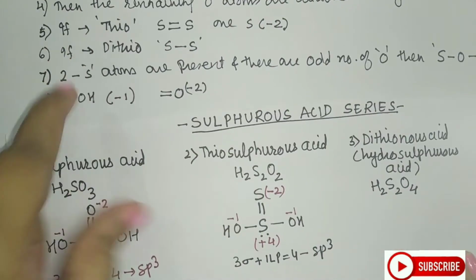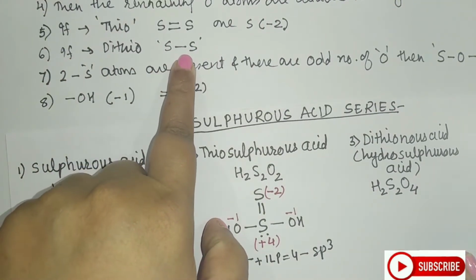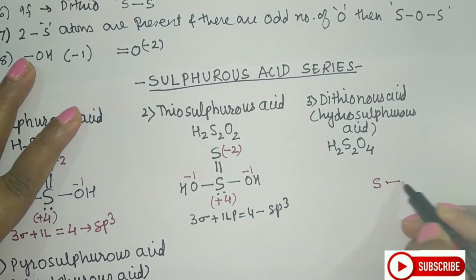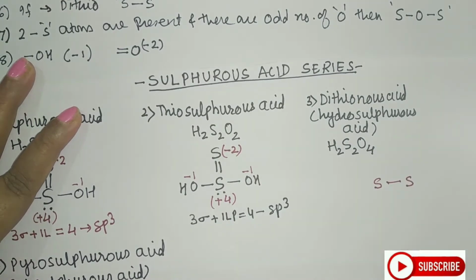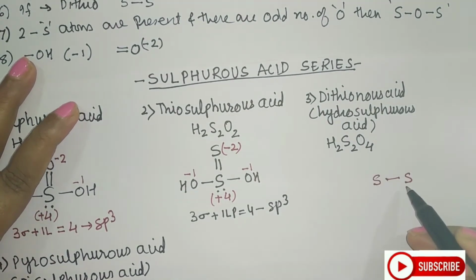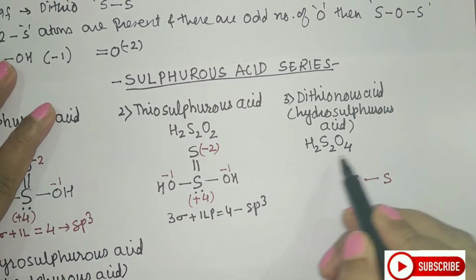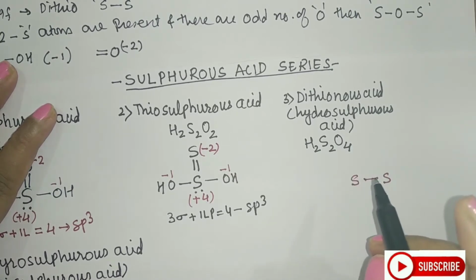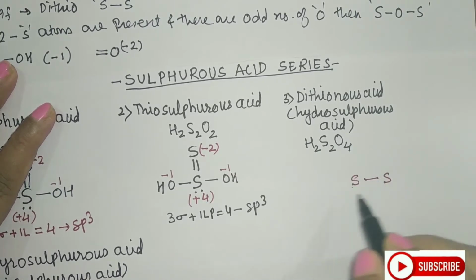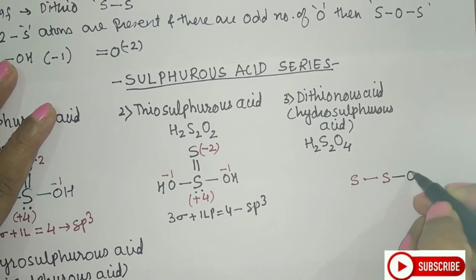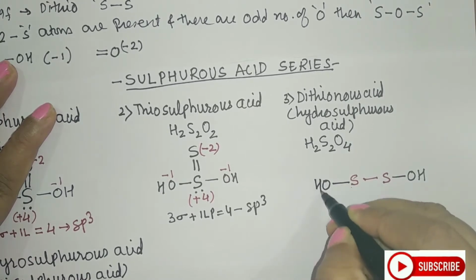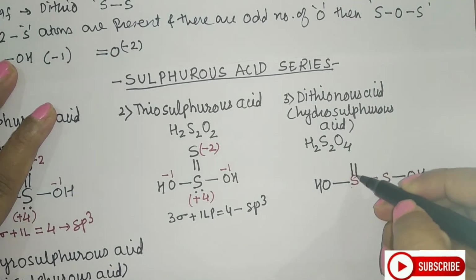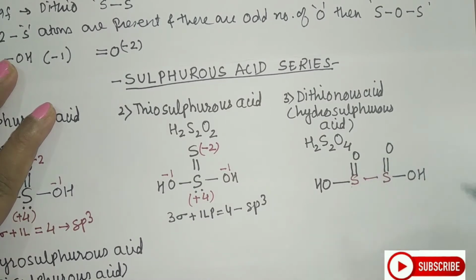Next is dithio. When the word dithio is there, then it must have an SS skeleton. So, let us form the SS skeleton first. This is the first skeleton that you will form. Now, students, 2 sulfur atoms I have used. Now, I have to form the maximum OH pairs. I can form 2 OH pairs. Now, you have to use those 2 OH groups equally on the two sulfur atoms. So I will attach one OH to this and one OH to this. Now students, two oxygen are left, so I will attach a double bonded oxygen here and a double bonded oxygen here.